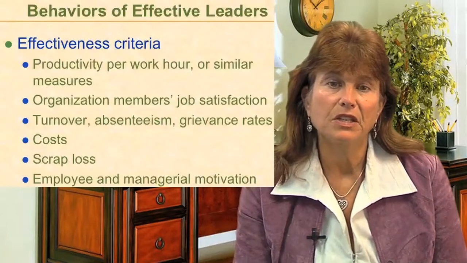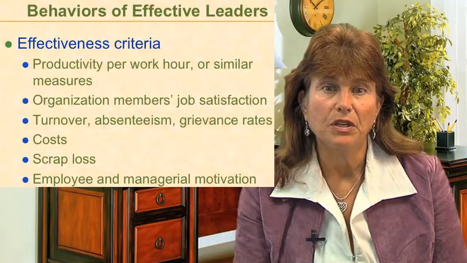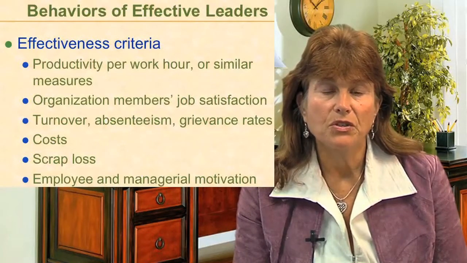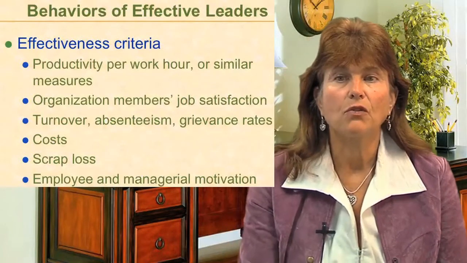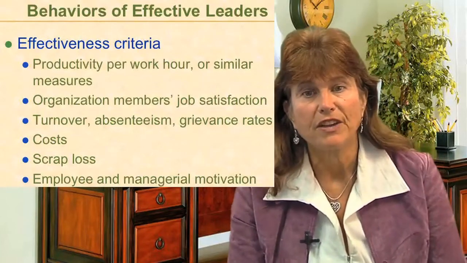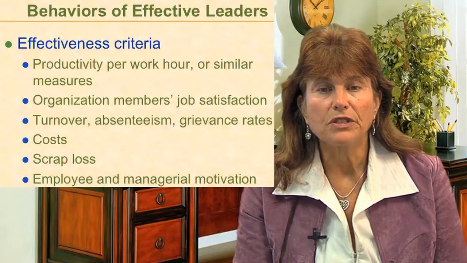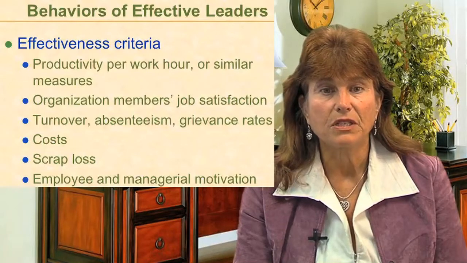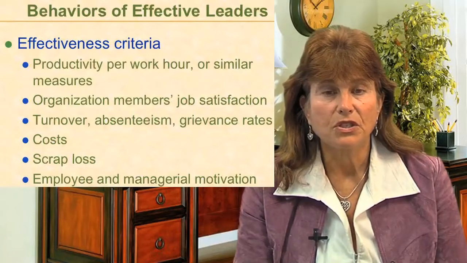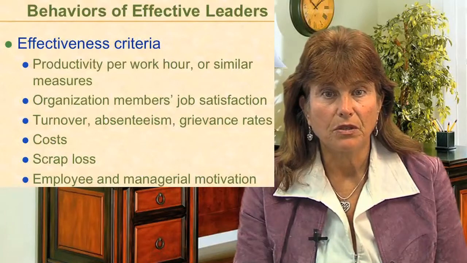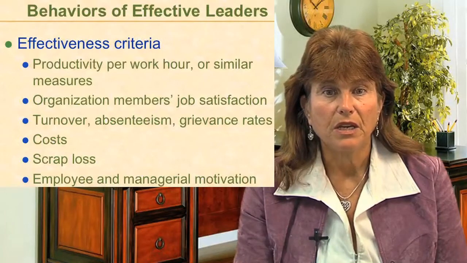And we look at leadership behavior in terms of whether they are task-oriented or relationship-oriented. In terms of the effectiveness criteria, some of the things that they're measured by has to do with productivity measures, job satisfaction. A lot of organizations administer job satisfaction surveys yearly and track that. What the level of turnover is in the organization, grievances, what the costs are of certain situations in terms of the abilities of the employees.